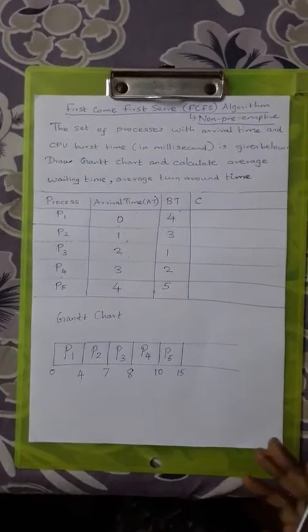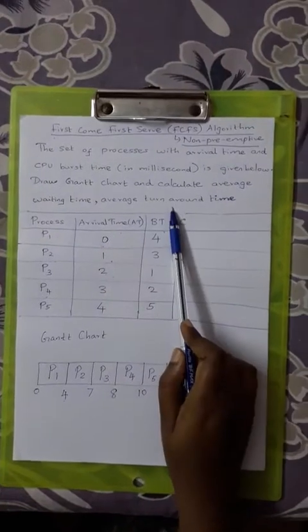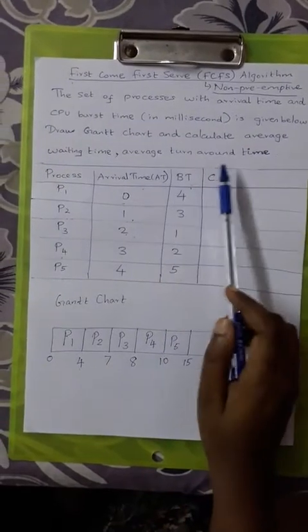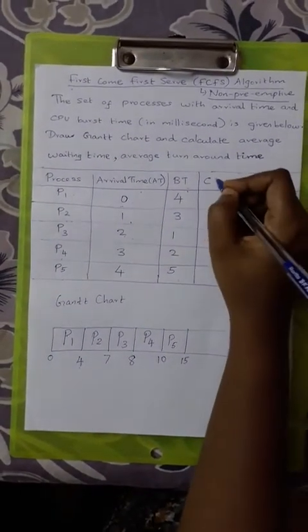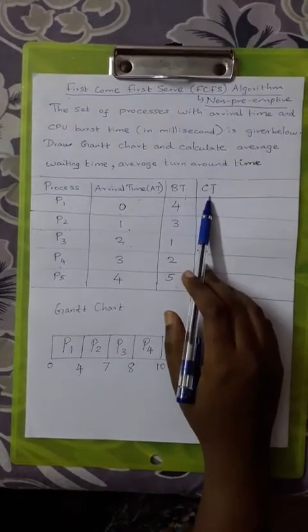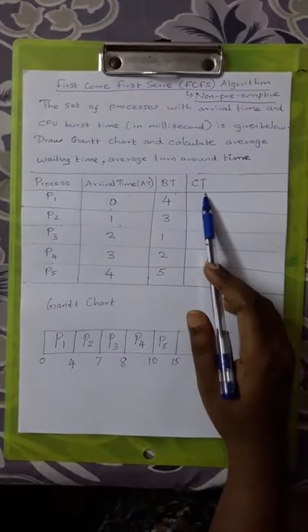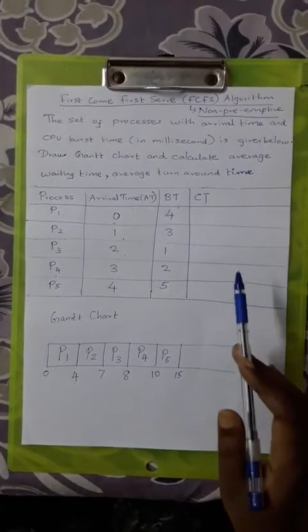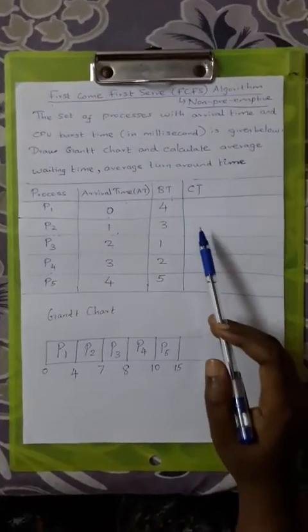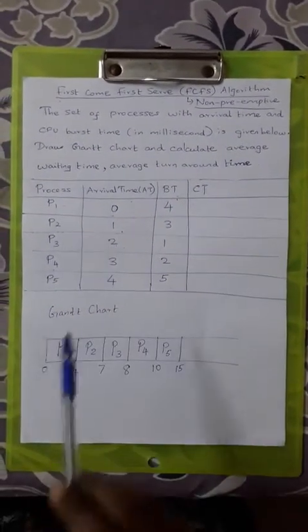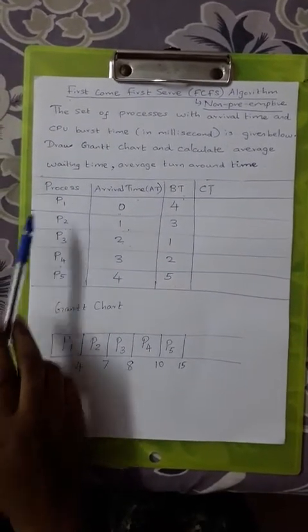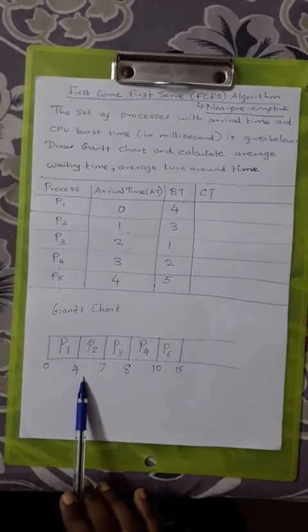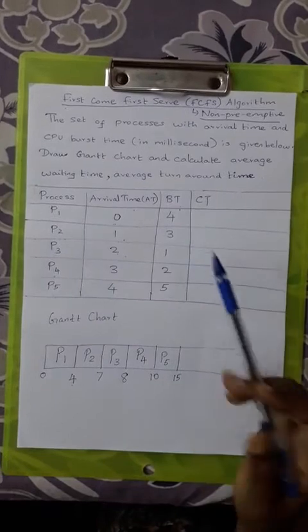Here we have to calculate the average waiting time and average turnaround time. For this, before calculating the average waiting time and turnaround time, we need to calculate completion time. It is given as CT. So CT is nothing but the completion time. So what do you mean by completion time? Completion time is the time at which the process execution gets completed. If you see, we are having the first process, say P1. See, P1 gets completed at 4th millisecond. So the completion time for P1 is 4